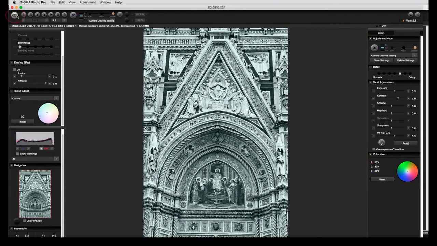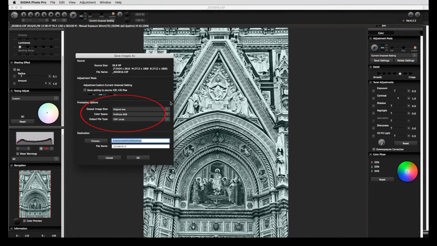Now to save the image, here with the original size and a 16-bit TIFF. The colour space doesn't really matter since there are no saturated colours in the image, and even sRGB is quite okay. This particular image has already been worked on and saved as a colour image, which is why the adjustment